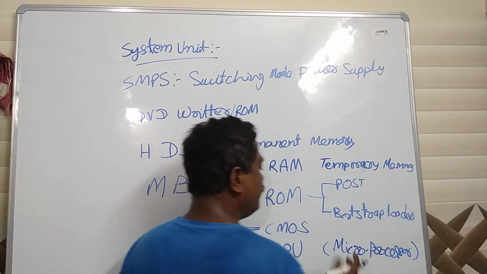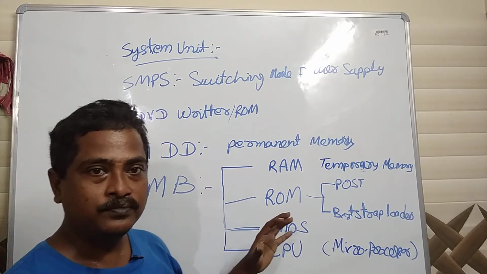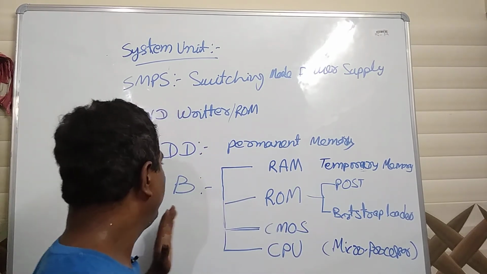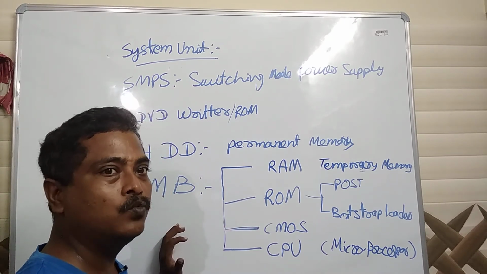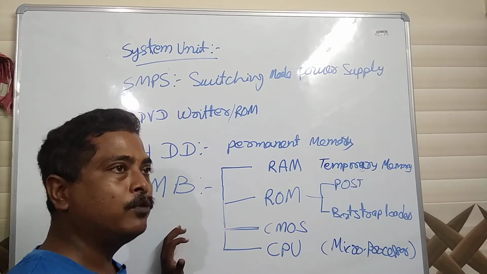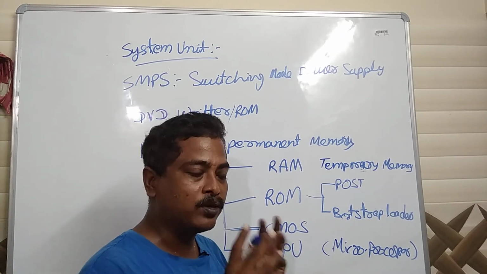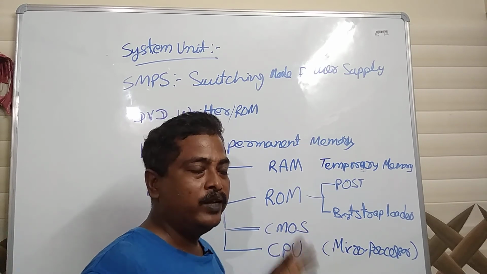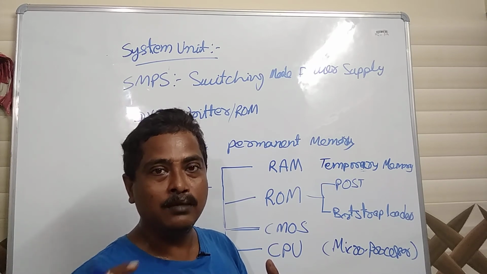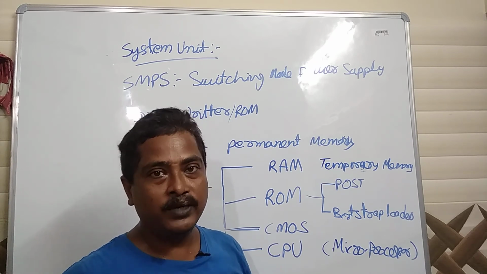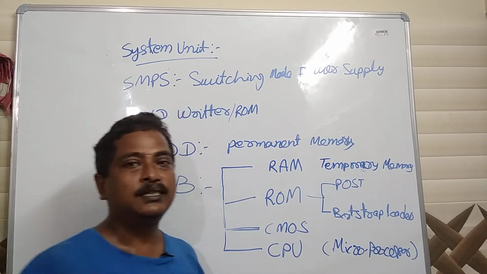So these are the major equipments of a computer system. Now after knowing these major equipments, in the next video we will go to the basic block diagram of a computer. There we will see how data flows from the keyboard to the monitor. We give some input, it is processed in the system, and output comes on the monitor or speaker or printer. How it goes on inside the system, we will discuss in the next class.